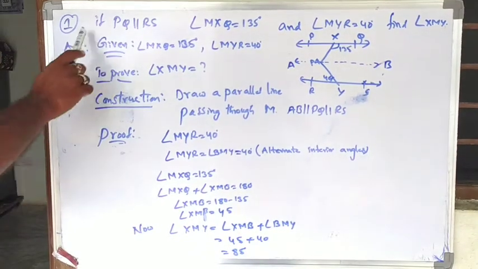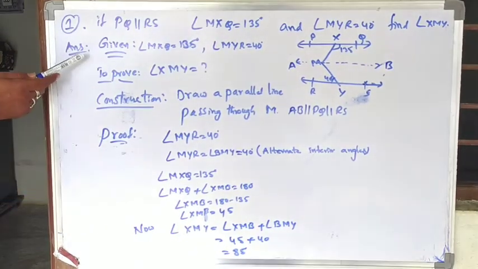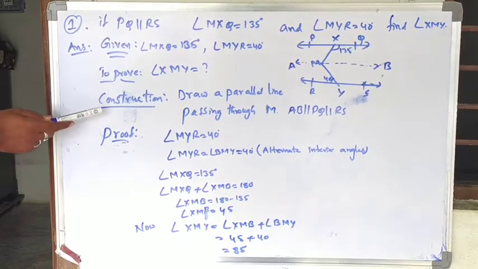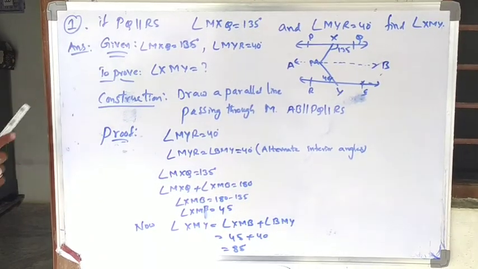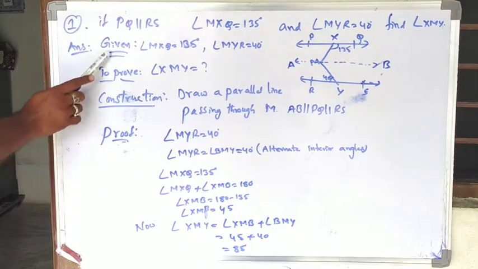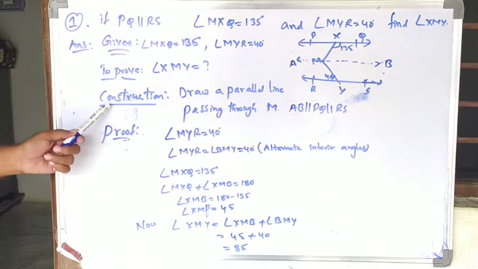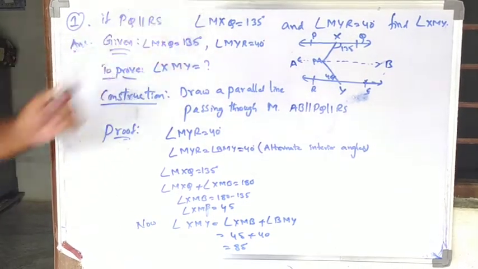Whenever a geometrical problem is given, we need to follow some steps. First of all, we need to write given, second, to prove, construction and proof. So these are the four things. If you manage that, then you will be allocated 2 marks, if you write given, to prove, construction and proof perfectly by seeing the question.